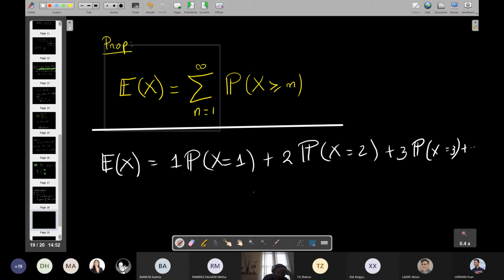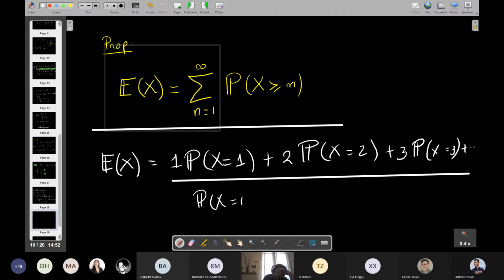And you can write this as follows: P of X equals 1, plus P of X equals 2, plus P of X equals 2,